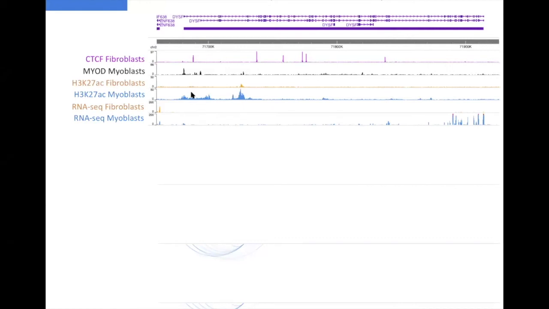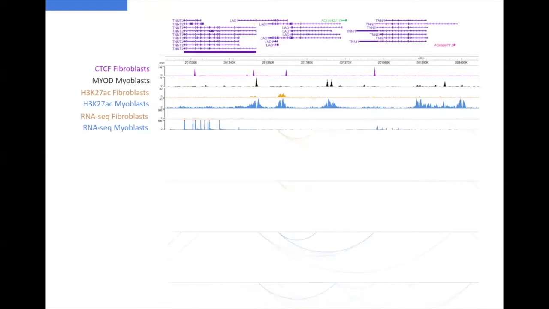And this is a very beautiful example of de novo interaction established by MyoD binding at the promoter of this gene with other MyoD-bound elements, which are likely MyoD-induced enhancers or MyoD-activated enhancers. And this is a paradigmatic example of how HiChIP with H3K27 acetylation antibody can actually reveal